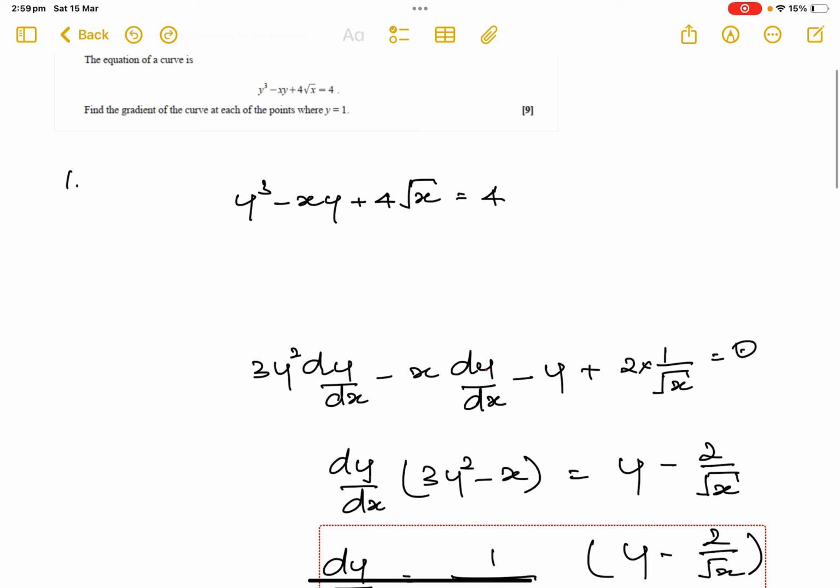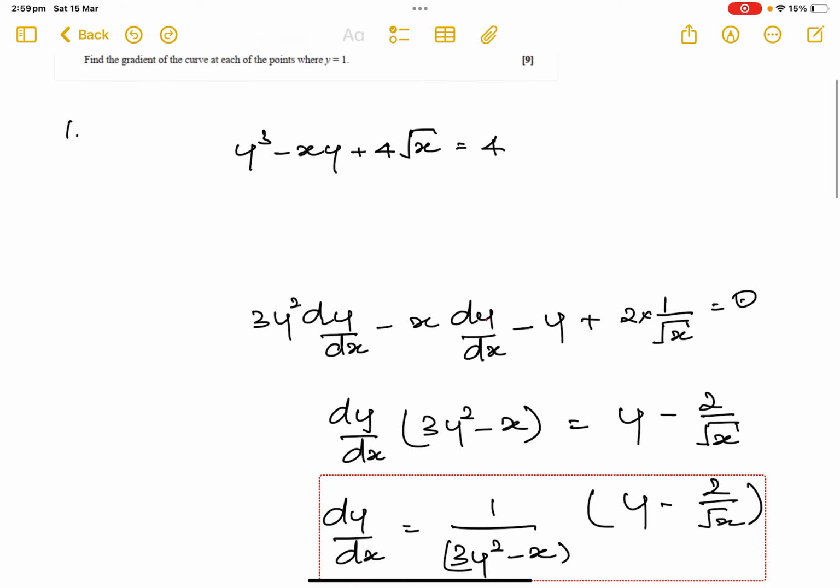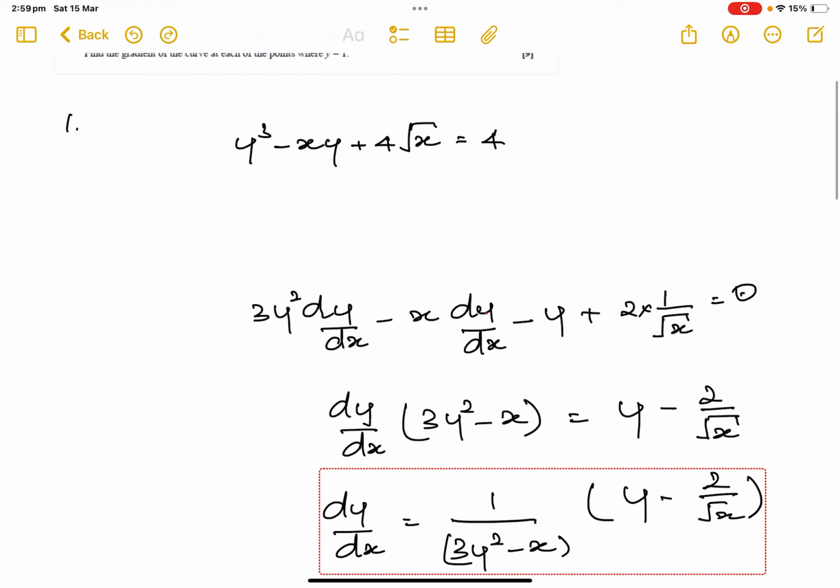Therefore, the gradient of a curve is dy over dx. So we need to differentiate with respect to x. So y cubed, differentiate with respect to x. First, differentiate with respect to y. So y cubed differentiated with respect to y is 3y squared, and then y differentiated with respect to x is dy over